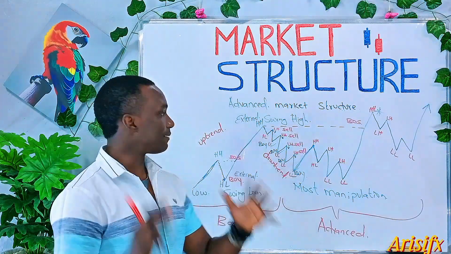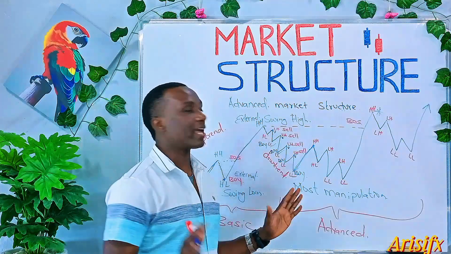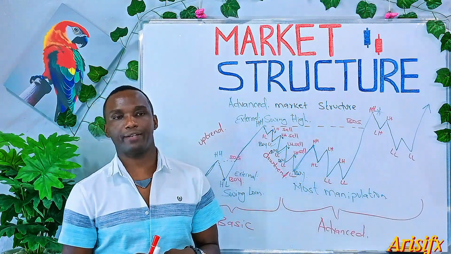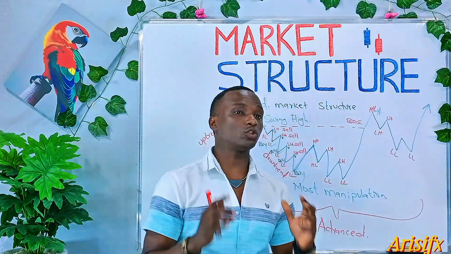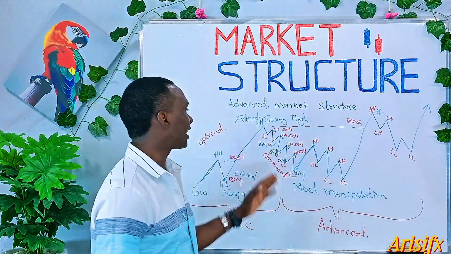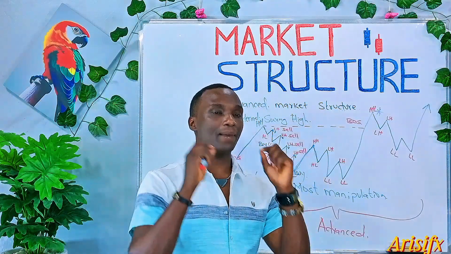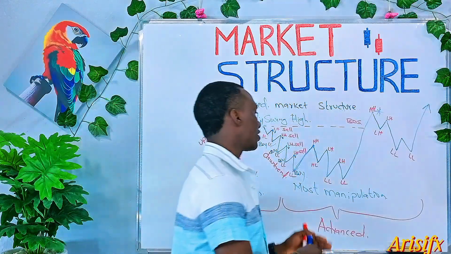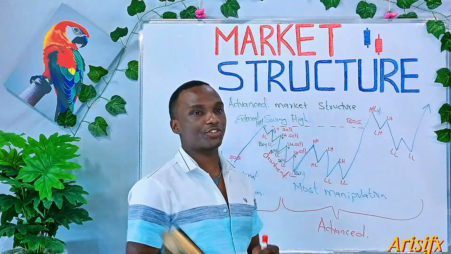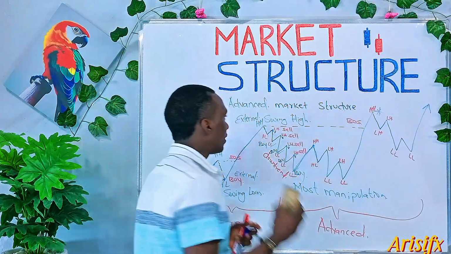Okay, just simply by looking at this, we are done with the internal market structure. But again, if you want to understand this clearly, you must also put into consideration the multi-dimensional market